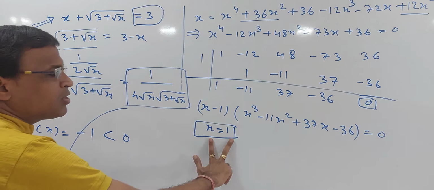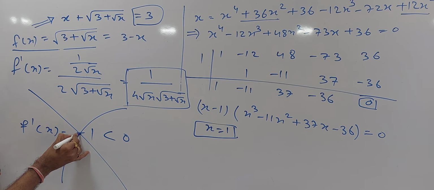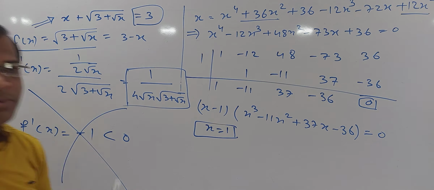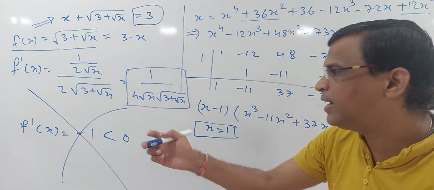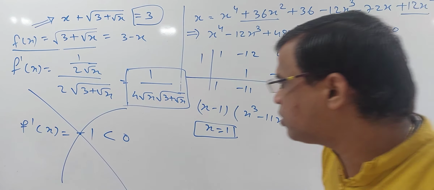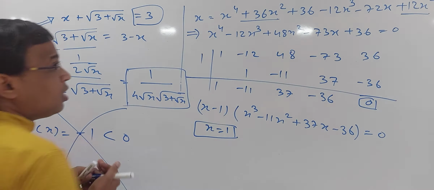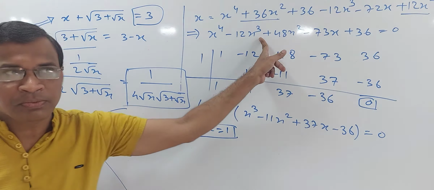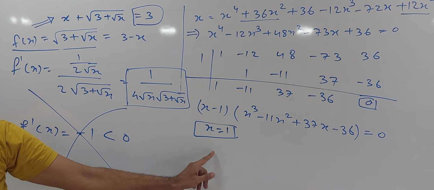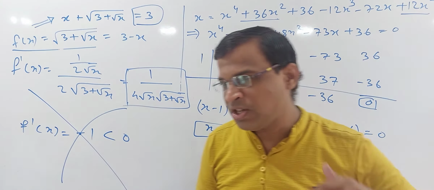So we already got x is equal to 1, so this straight line is something like this, a decreasing function. An increasing function and a decreasing function meet only at one point. They won't meet at more than one point, only at one point. So with that I can conclude that the intersection of these two curves is just one point. It means this quadratic equation has just one zero.